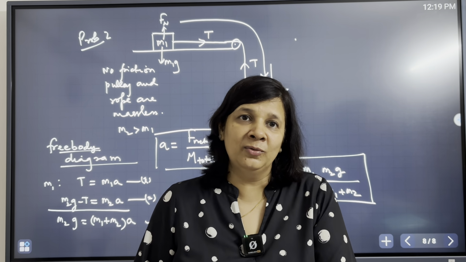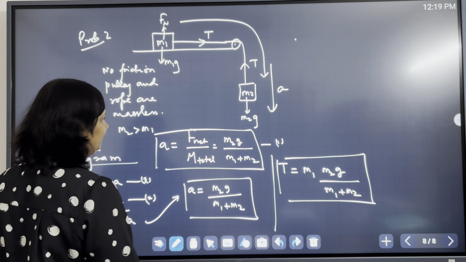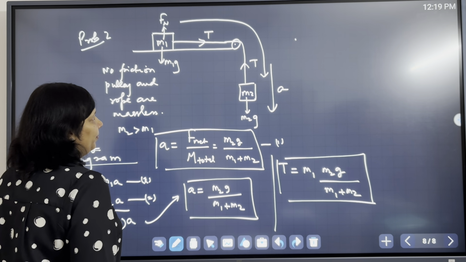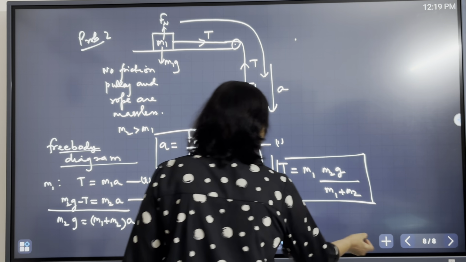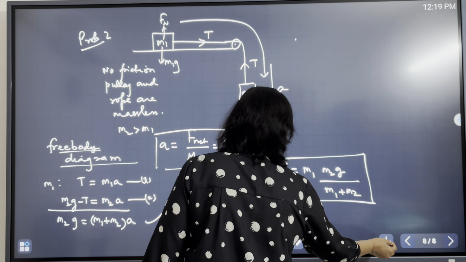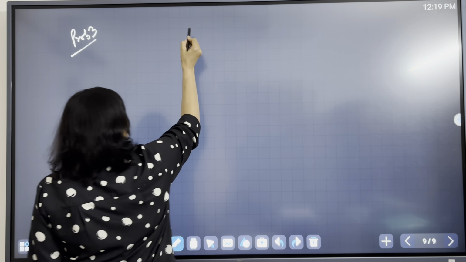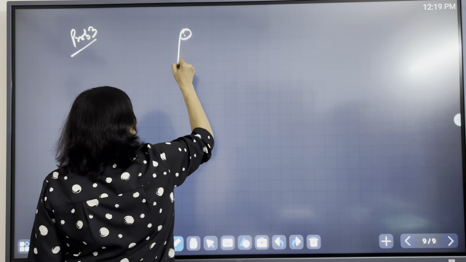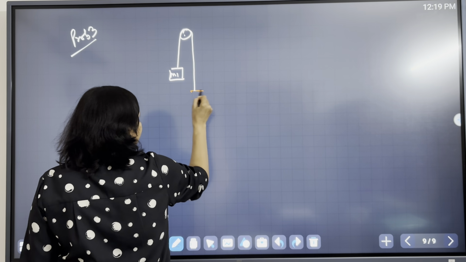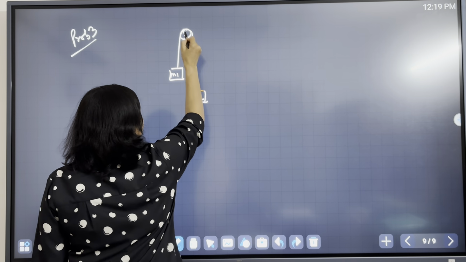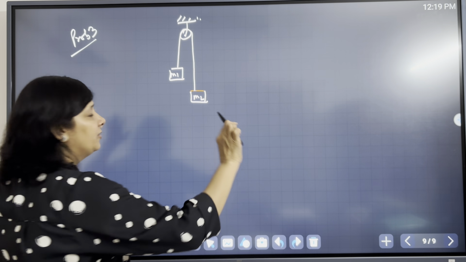If 1 minute is also we can save, we should, right? In the competitive exams. Okay. So now a little modification to this problem is one more problem. Problem 3. If I take a pulley and massless pulley again, okay, M1, and this is M2, and this is attached here, okay, massless pulley, massless ropes.